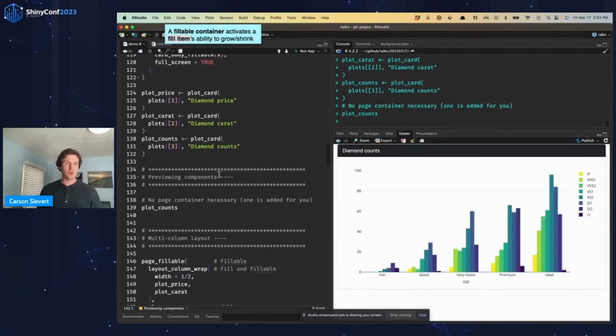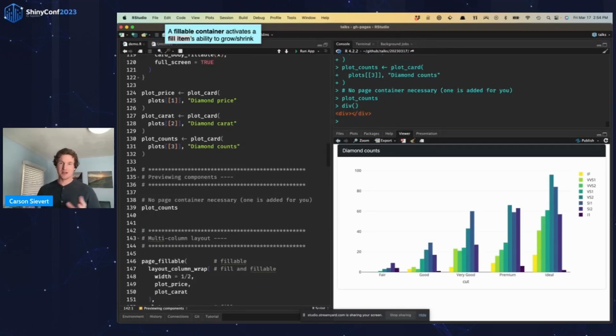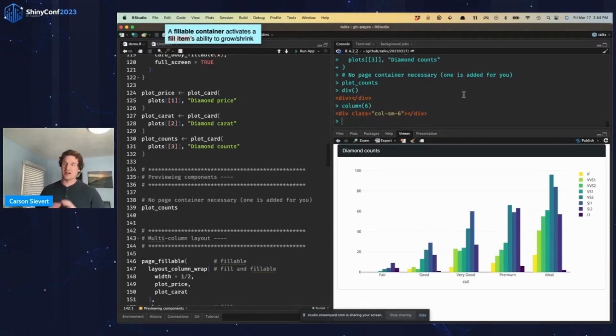And I also just want to mention that in general, we're thinking about these components as making it easy for you to preview them at the console. You might be used to printing things like div or Shiny's column at the console, and it just prints out the HTML that would eventually go into the page.